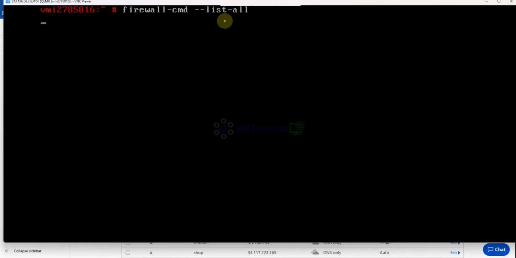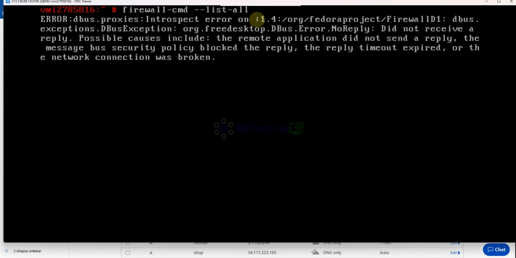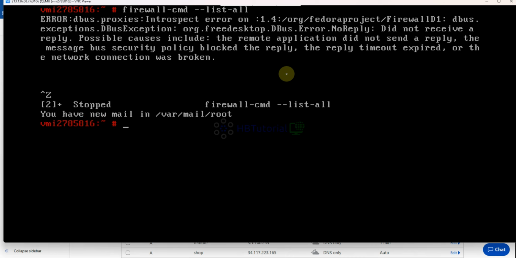So for now we will configure the... Is this a ping?